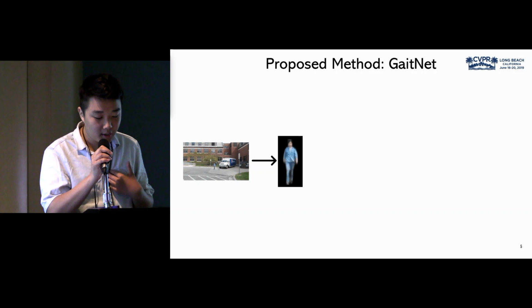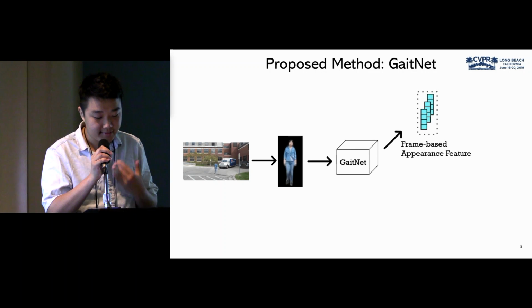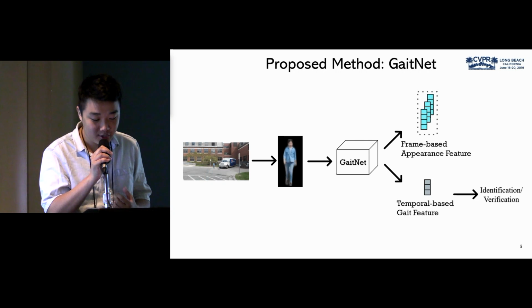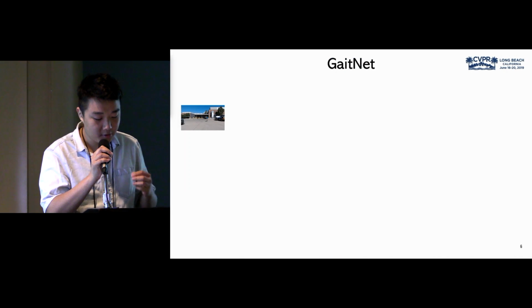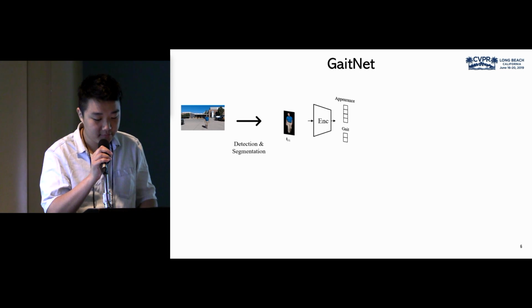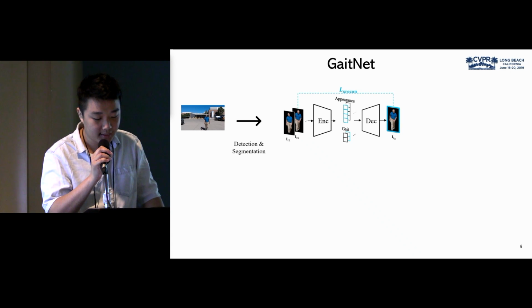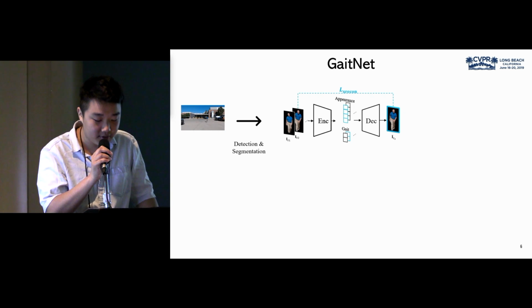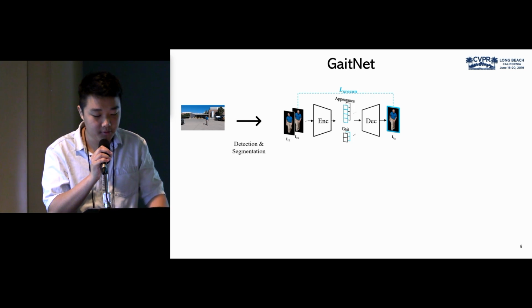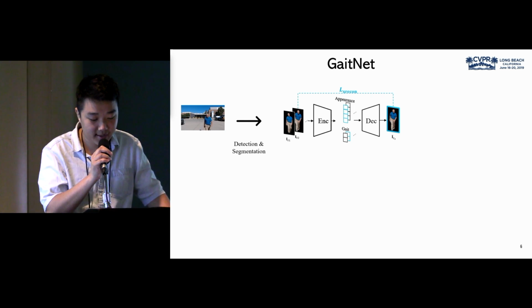Then let me introduce our work, GaitNet. First, we detect and segment people from the original video. Then GaitNet extracts 2 disentangled representations, the appearance and gait, which is used to perform the recognition. Here are more details. First, we get appearance and gait features from frame I_t1 through the encoder. We do the same thing for another frame I_t2. So the appearance of I_t1 and the gait of I_t2 can be sent into the decoder to obtain a synthesized frame, which should be very similar to I_t2. We encourage their similarity using a reconstruction loss. The purpose is to disentangle the appearance and gait for each frame.